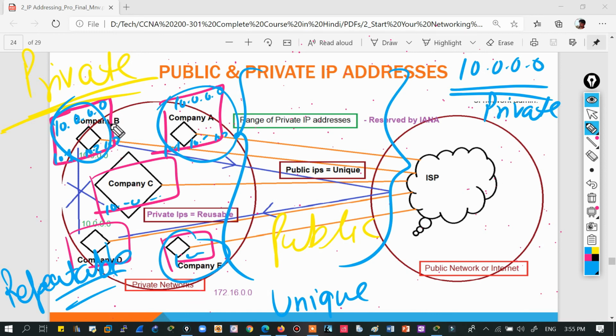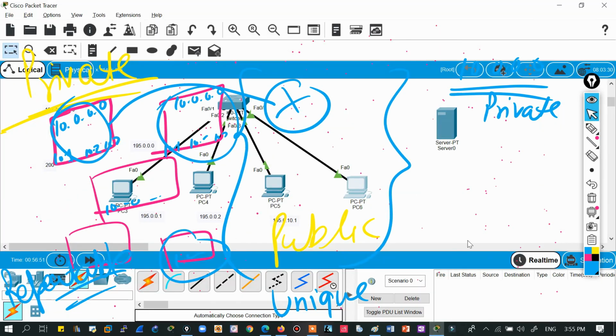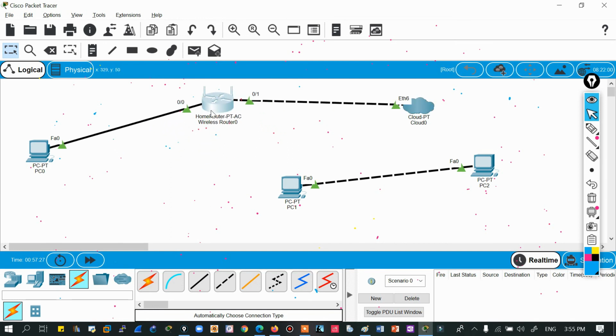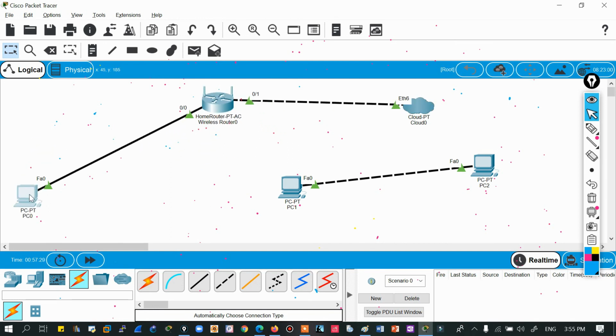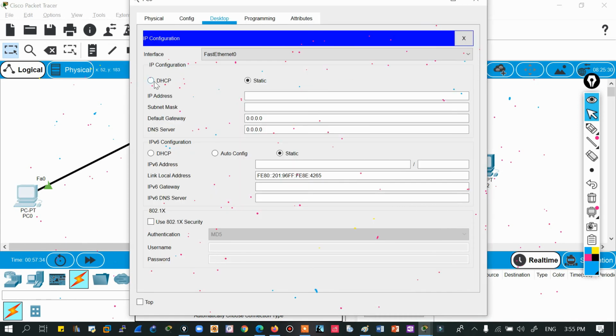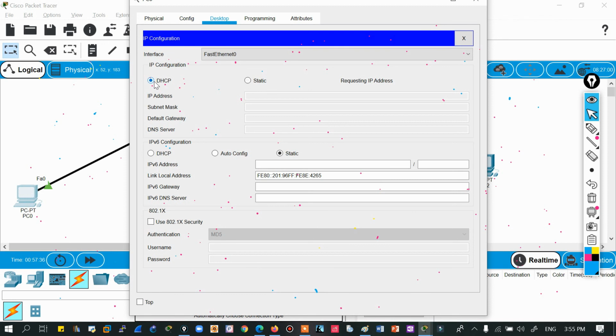When they connect to their router, like I discussed in this one, let's see. Let me pause the video and erase the screen. Yes, okay, see, this is the connection from the ISP to my home wireless router, and then from the wireless router to this switch or this PC. So this PC should have some IP. When I click on DHCP, it will pick some IP from the router, because that router is working as a DHCP server. Okay, there is maybe some fault.